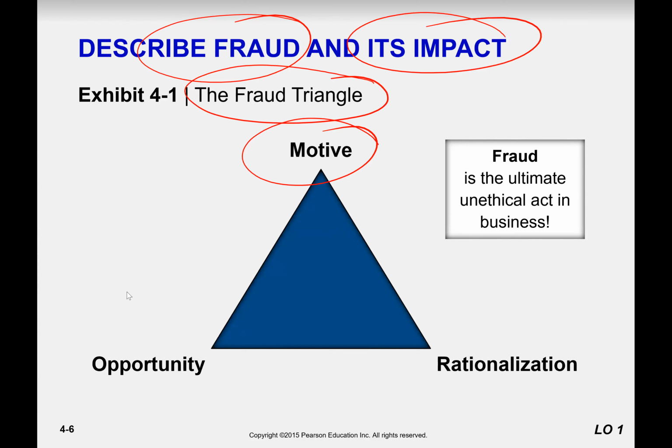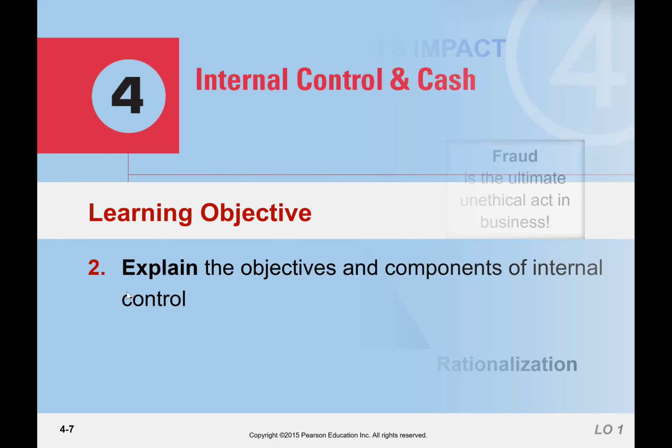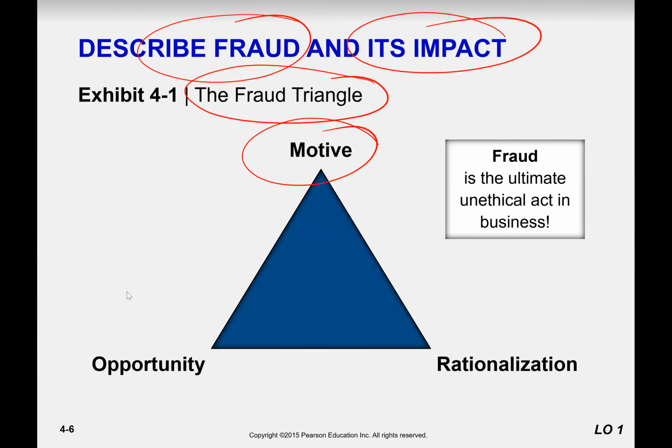The second one is opportunity. The opportunity to commit fraud usually arises through weak internal control. For example, you are not segregating the duties. For example, the person who is receiving cash is also responsible to submit